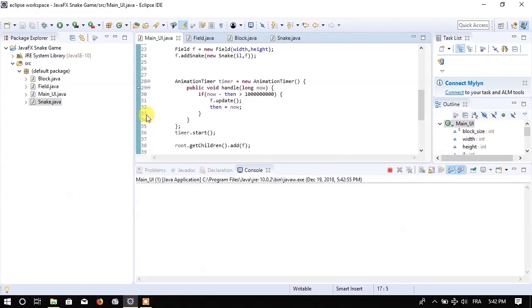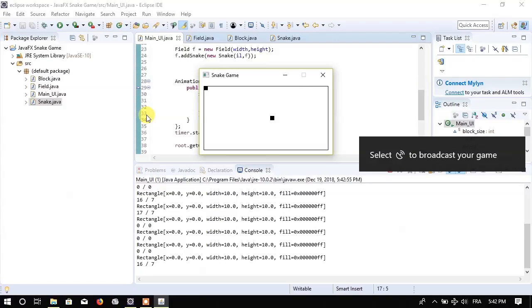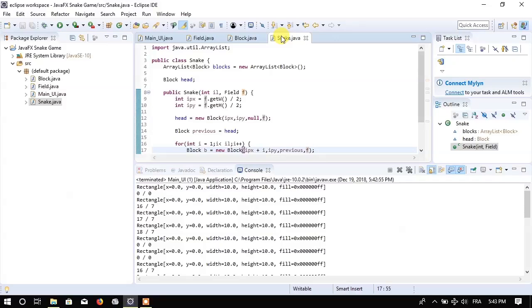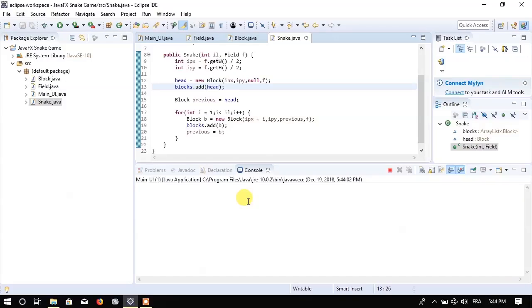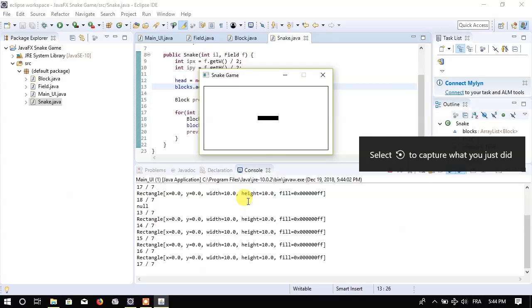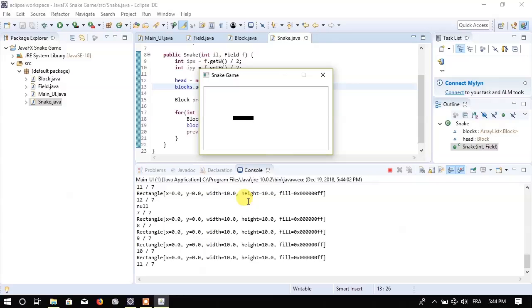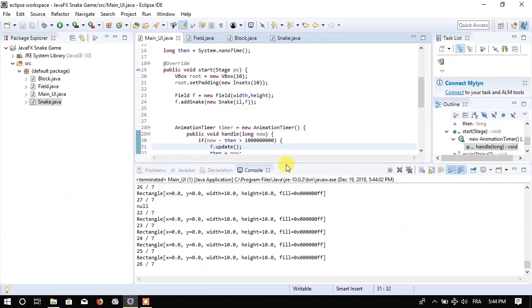Let's see how it is happening. Why is it going to 0? Oh, right, because I'm not adding the head to the blocks. Damn, head. Yes, it's working. Now when the snake gets out of the field, it should be brought back to the other side. And voila, it's working. Cool. Now the only thing we have to do is get the input from the keyboard